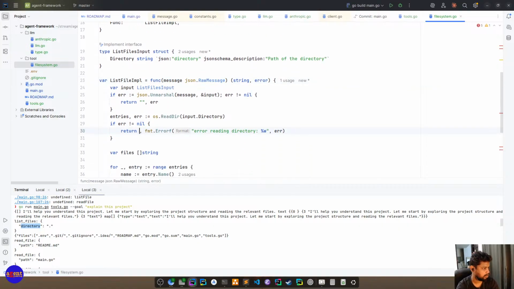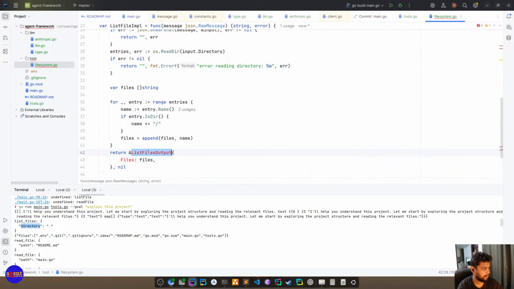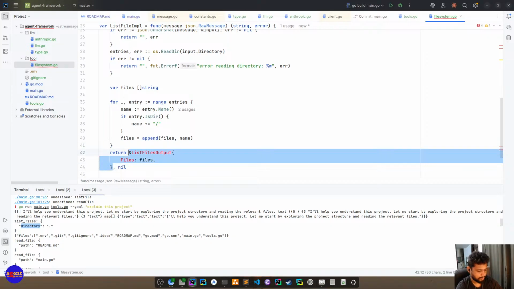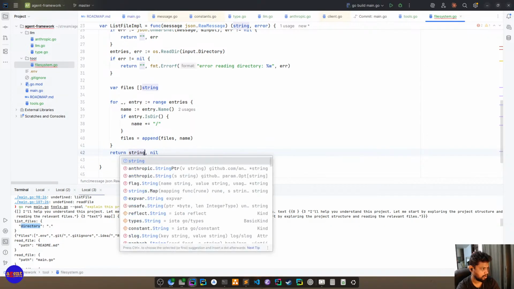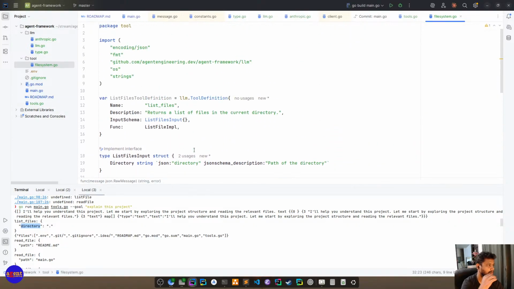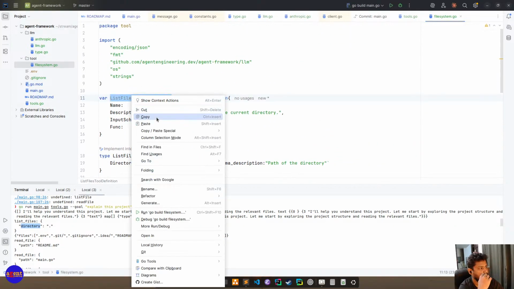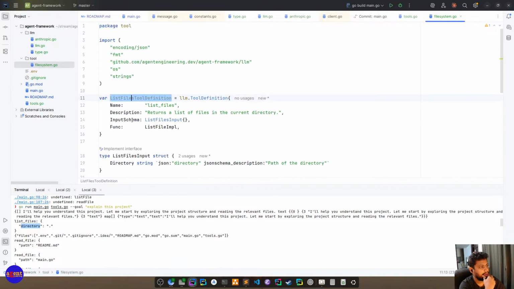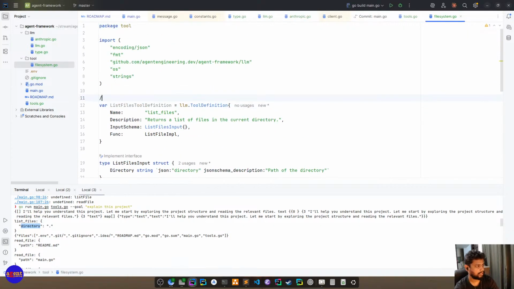Assume. Okay. You don't need to get this, right? I just do join new line. Right. So this is our list file implementation. Let's create a region.